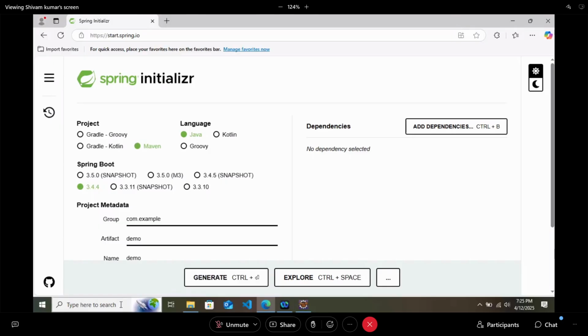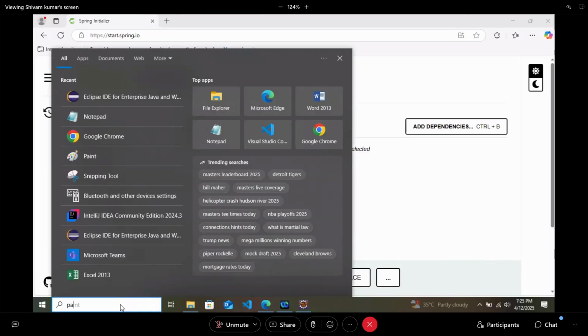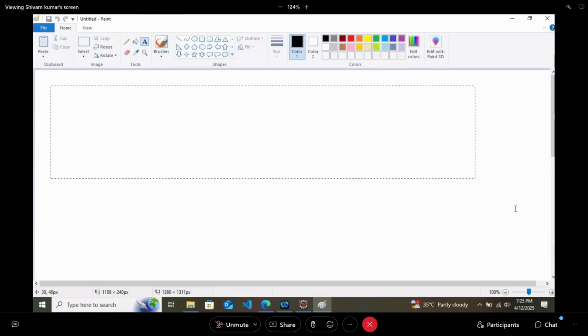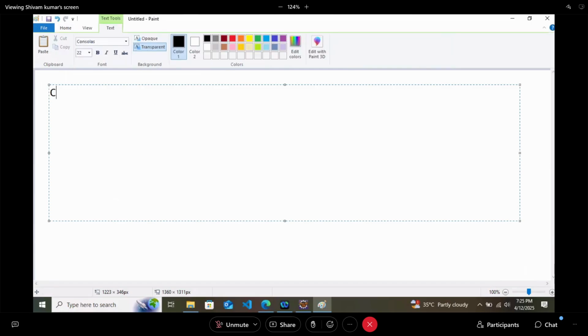So the next part that we are going to discuss is this: creating a Spring Boot project using the STS IDE. You can use the IDE or you can use the STS Wizard plugin.